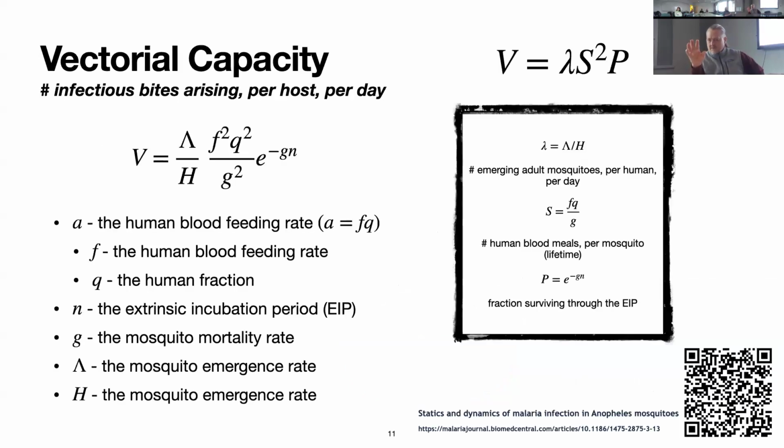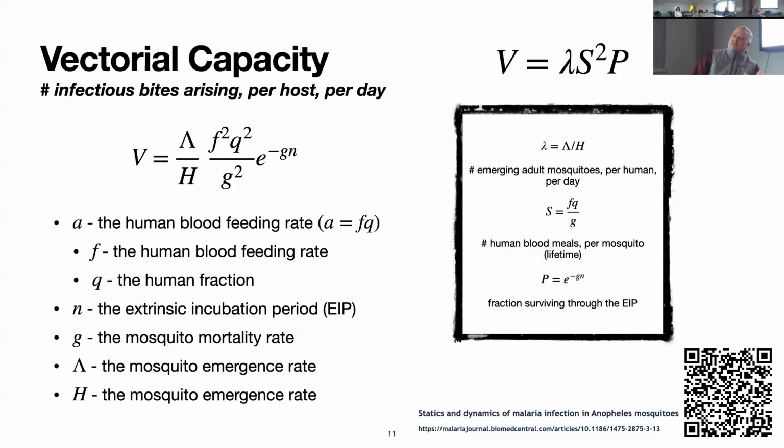Let me spend a moment on one concept that came out of McDonald's work. A guy named Charles Garrett Jones, in the 1960s, was very interested in turning the entomological parameters that appear in that formula for R naught into a basis for a theory of vector control. I worked on this quite a bit, and it turns out that this formula for vectorial capacity is really complex. These are the parameters at the left, and it turns out to have three terms.